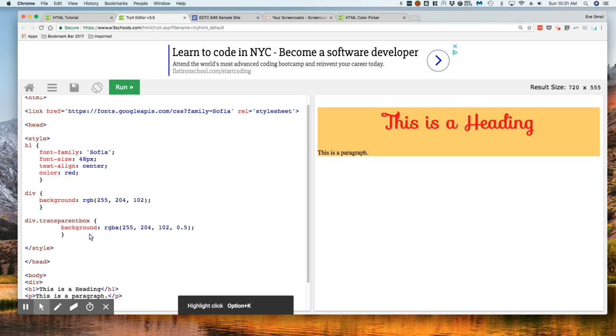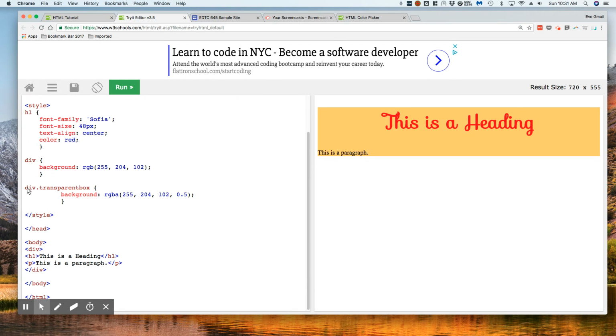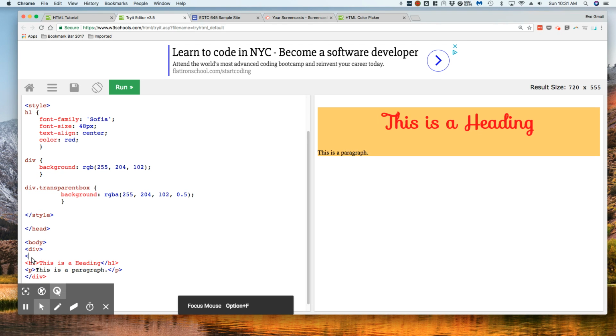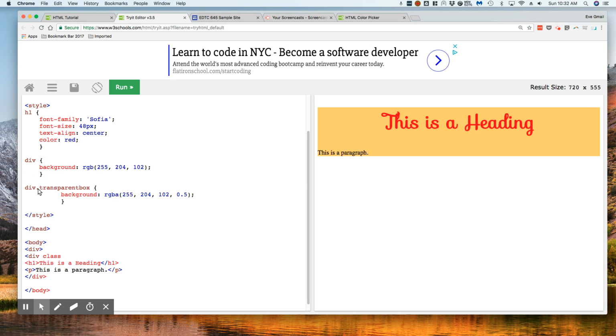The key reason why nothing exciting has happened is because I have not invoked this particular transparent box div down here, right? So I could do a couple of different things. I could add a sub-sandwich here, which I'm going to do, a div, and here I'm going to call it a class, because that's how I've built it up here with the dot transparent box. Class is equal to, and I need to enclose this in parentheses,